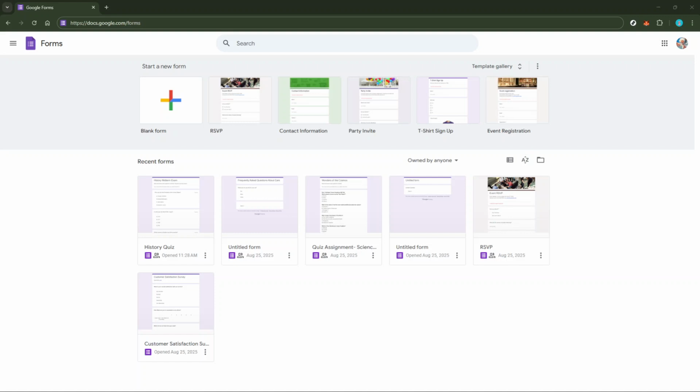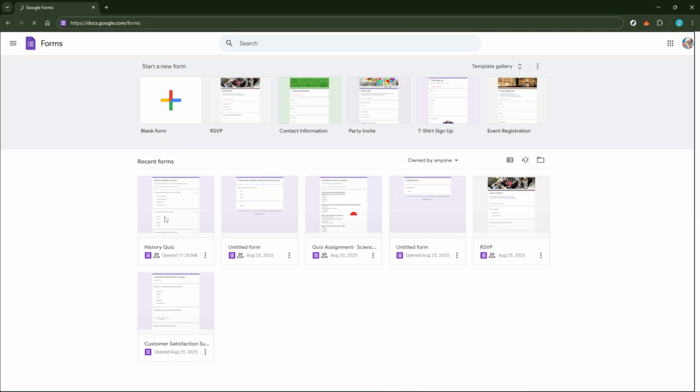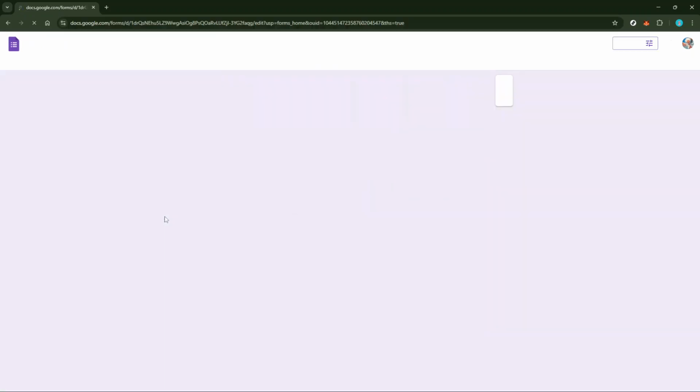To get started, you'll want to open the specific Google Form you've already created or been working on. You can do this by navigating to your Google Drive where all your forms are stored. Once you've located your form, go ahead and open it. This is your first step in seamlessly transitioning from viewing individual responses to organizing all of them in a comprehensive